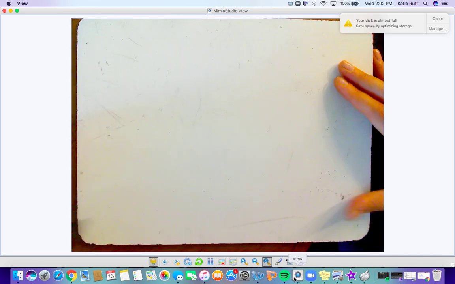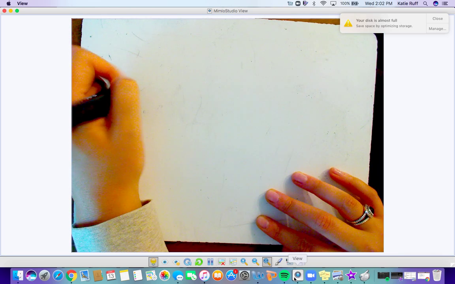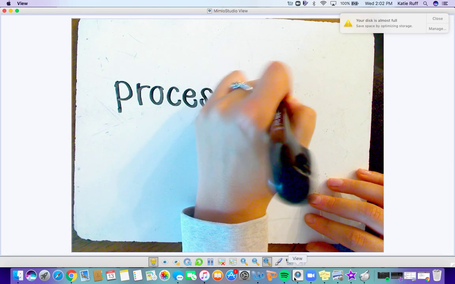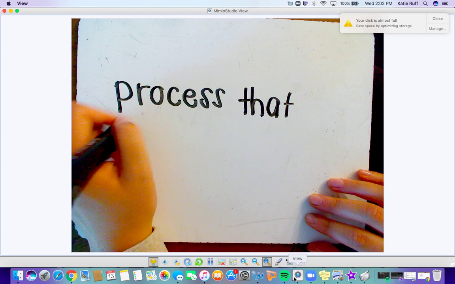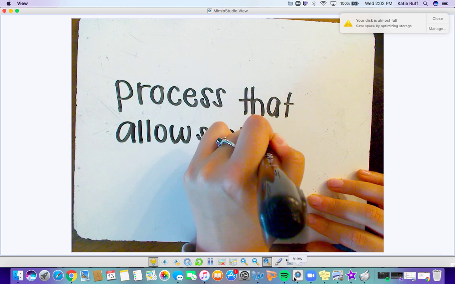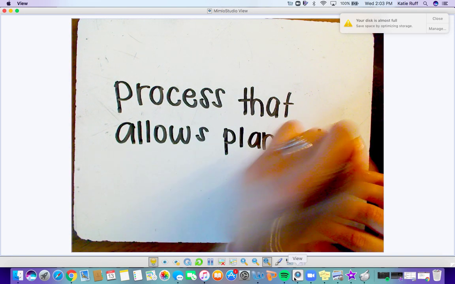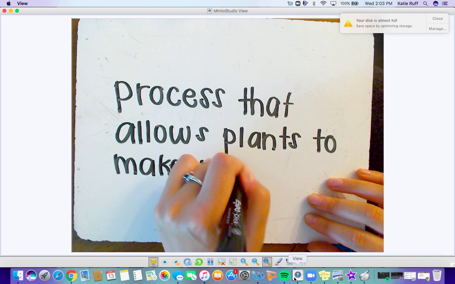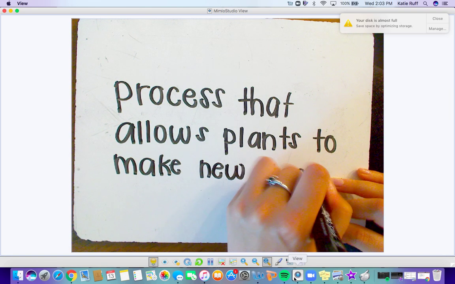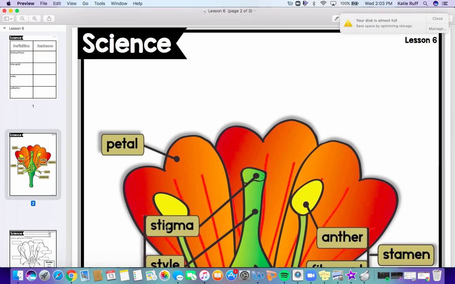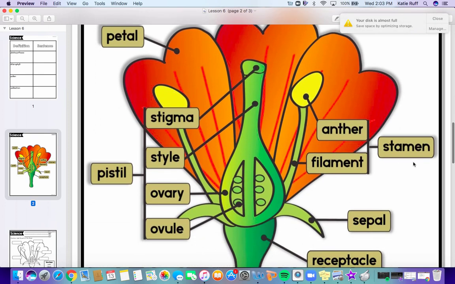And then pollination is that last one, and pollination is the process that allows plants to make new plants. Okay? So let's go ahead and what you're going to do is, so this is the stamen and